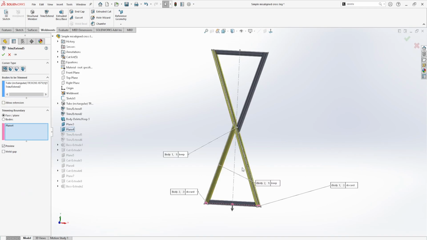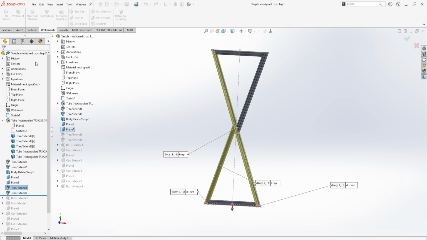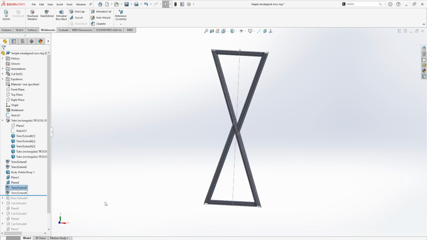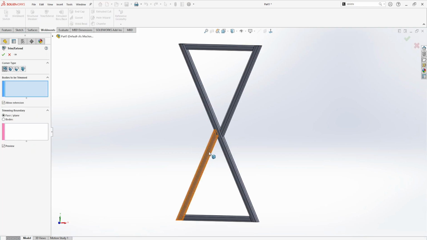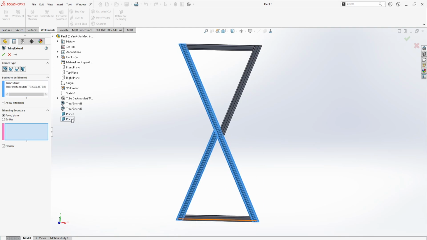So if you look at this, we selected this body and this body to be trimmed on a single plane, the bottom, because you have 2 trimming planes. So instead of doing it per body, which would give you 3 items in the tree, you can do it per plane. So to demonstrate that, let's get rid of these. Yes to all. You can go trim extend. So this body and this body will both be trimmed on this bottom plane. So you can click those, click the bottom plane,